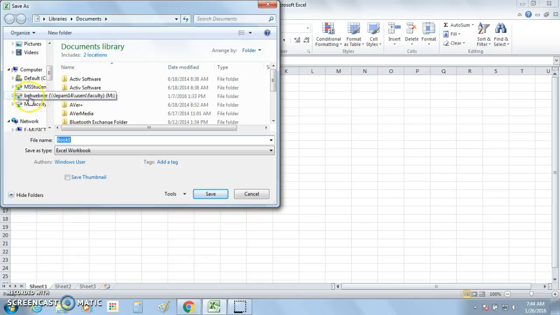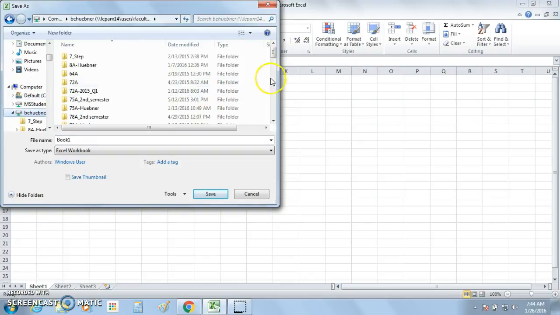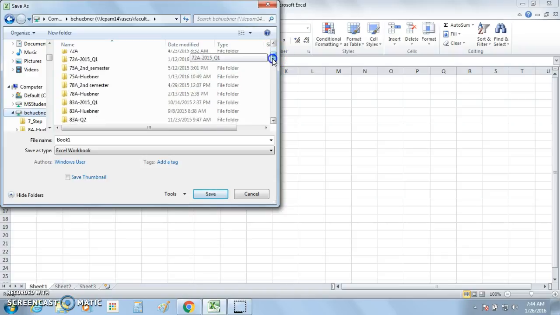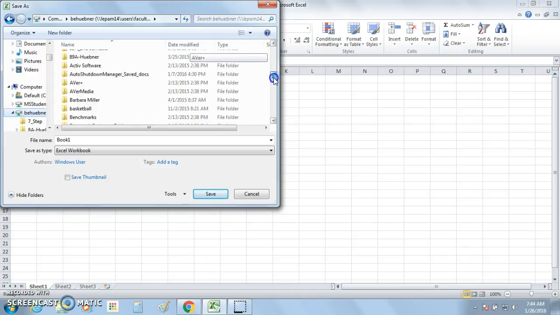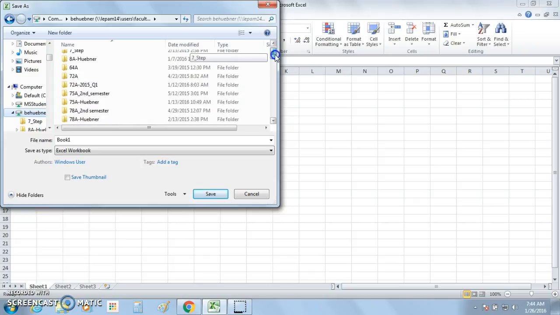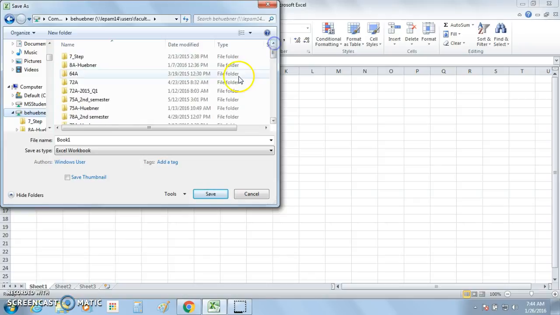And in order to get it on the network drive, you need to find your username down here. And I'm just going to double click. And you can see I've got all kinds of stuff on the network drive. You are probably not going to have all this. Okay? All right, the next thing that I recommend when you open up the network drive is to create a